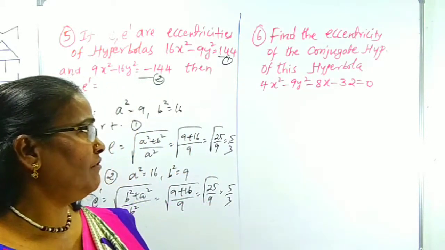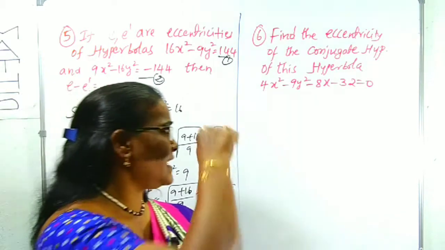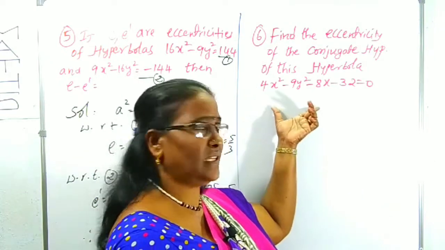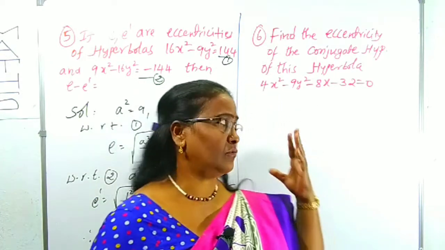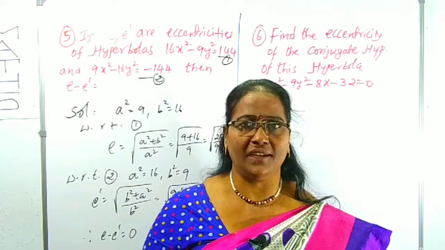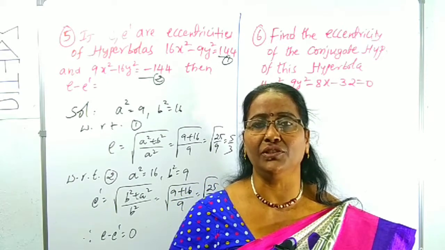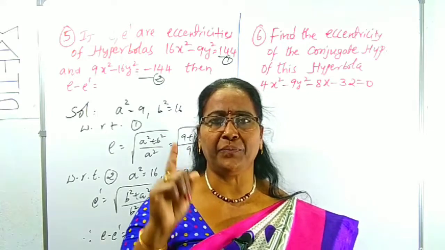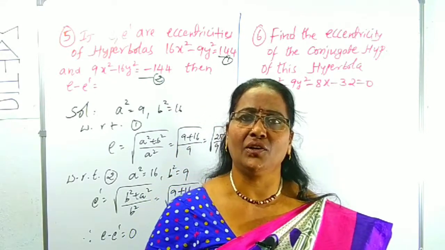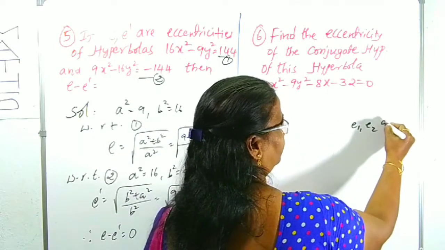What is given there? Find the eccentricity of the conjugate hyperbola of this hyperbola. Generally, what you can do is convert this hyperbola, then take its conjugate, like that we have to do. But it takes too much time. Instead of that, you have to know one tip, that is the relation between the eccentricity of a hyperbola and its conjugate hyperbola. That is, suppose E1, E2 are